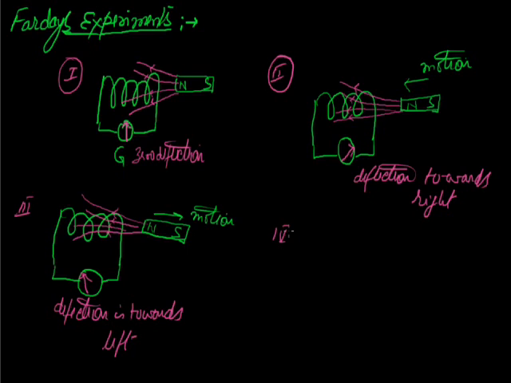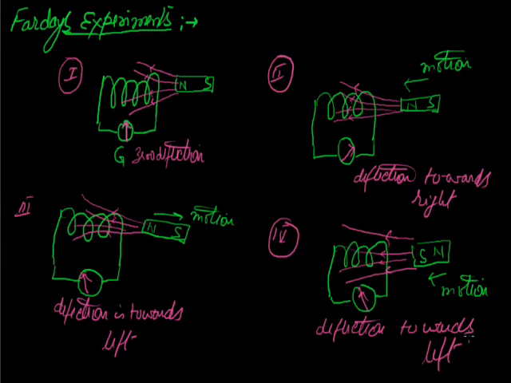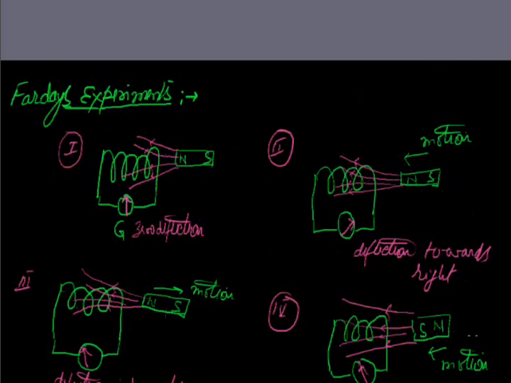In the fourth part, if we change either the direction of motion or the pole, the deflection will just reverse. This one is the solenoid, the galvanometer, and here is the magnet, with the south pole here and the north pole here, but the direction of motion is the same. These are the lines of force of the magnet. Again, the deflection will be towards the left. These are the experiments given by our students. That was the first experiment. Now, what is the second experiment?